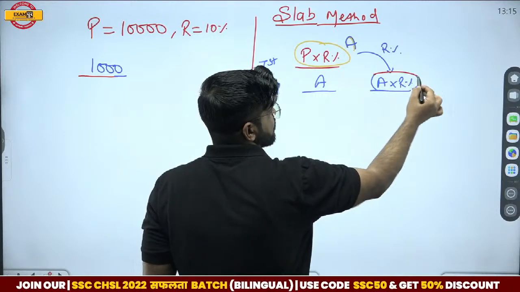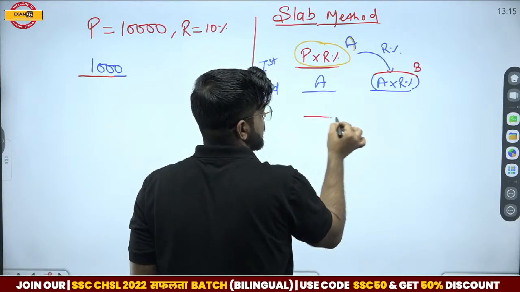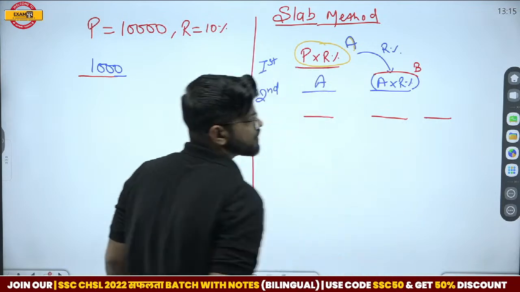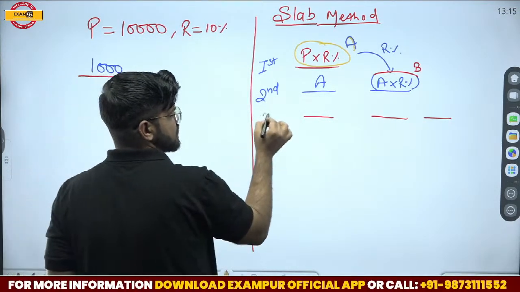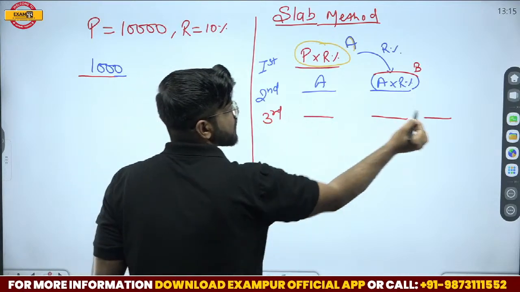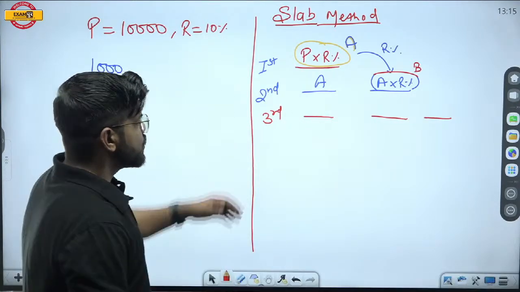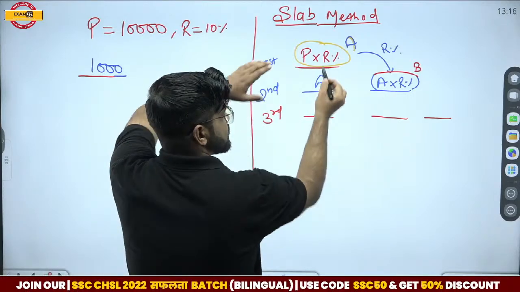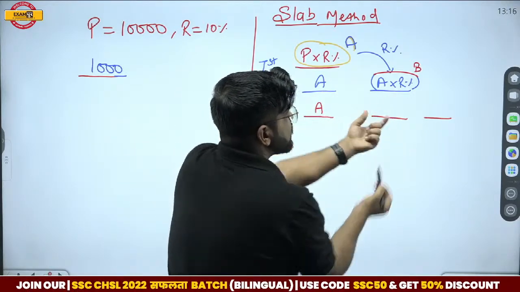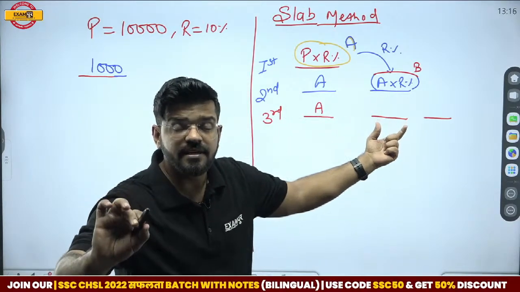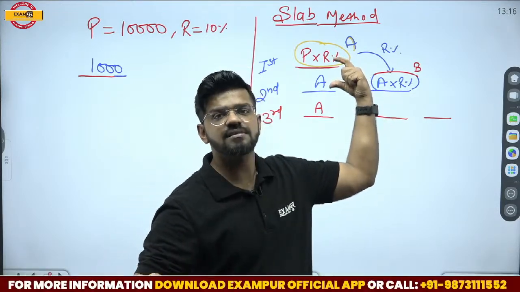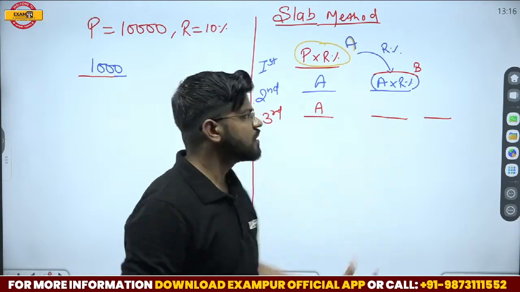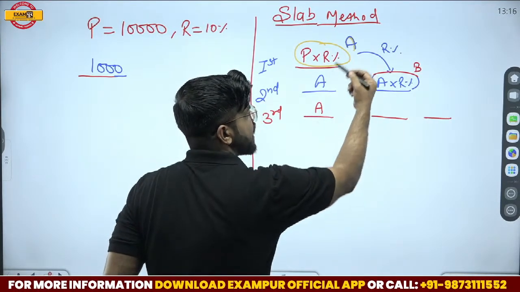Can we write it B? Okay. Now for the third year, I have to write 3 slabs. Here A is my common as it is. Here we have to write the interest of the previous slabs. Okay, so here we have 2A